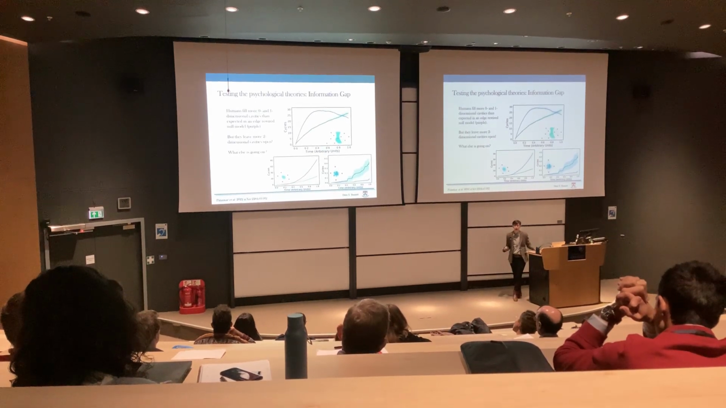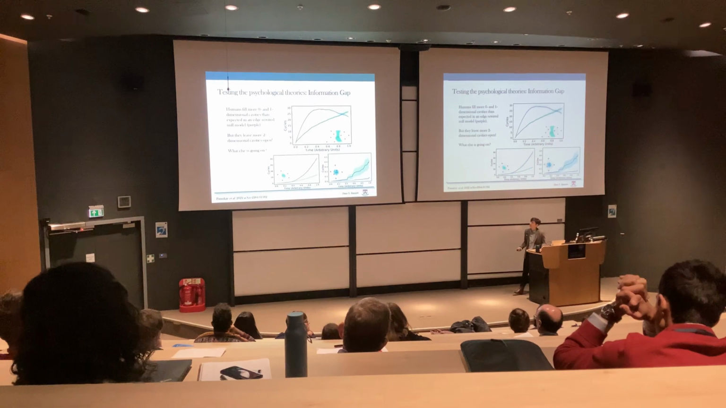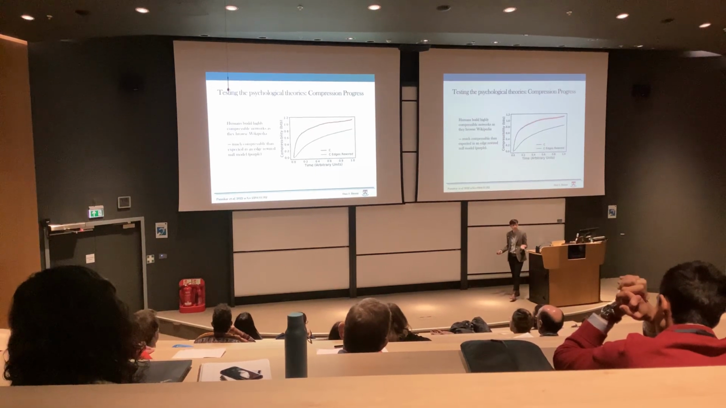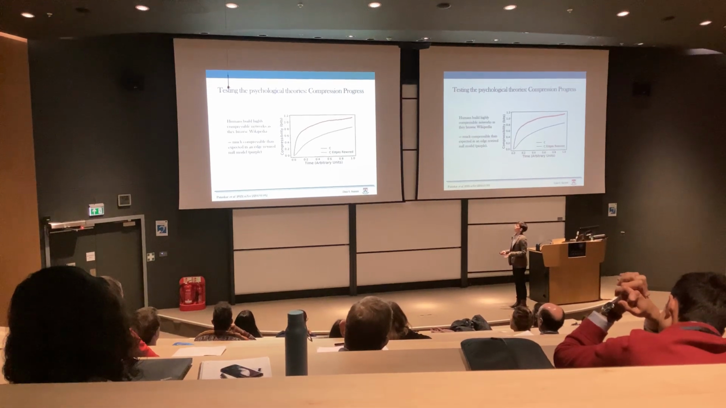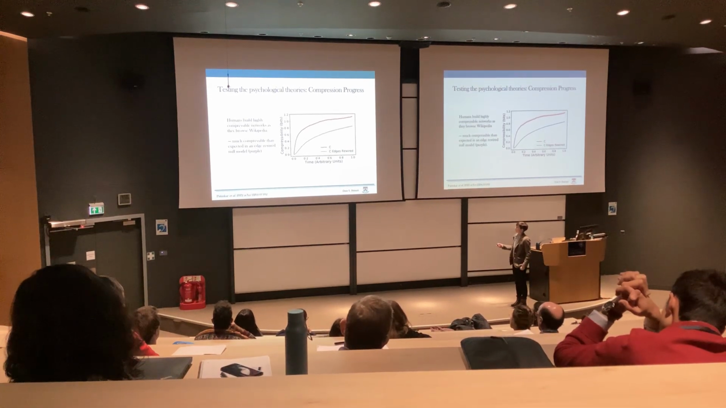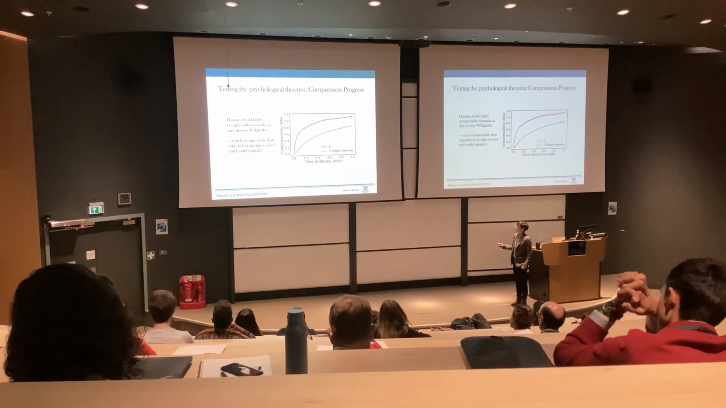There must be some other factor that's driving their behavior. So could it be the compression progress theory? Could that provide us with the missing explanation? Well, here what I have is the compressibility of the network along the y-axis, and along the x-axis